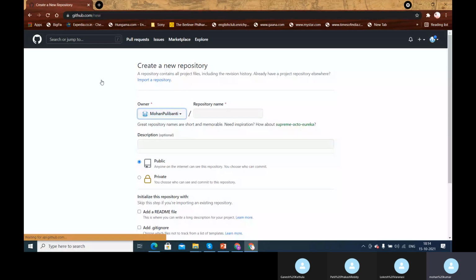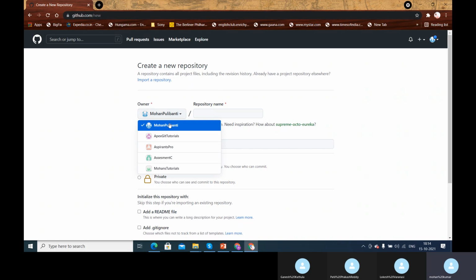So once I click on this New button, you have something called Import a repository. Import a repository works when you want to import a repository from another kind of version control system. Like GitHub, we also have SVN, Tortoise, and all this stuff, right? So if you want to import a project from those kinds of version control systems, you have to use this Import a repository link. But right now we are not going to that level. We were just trying to create a repository in this particular GitHub folder. So to create a repository, I'm the owner because I'm the owner with which I logged in.